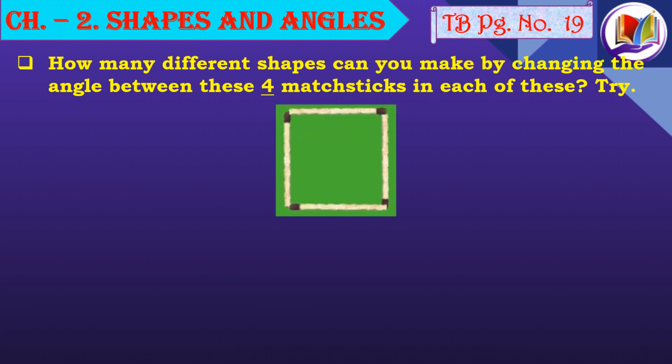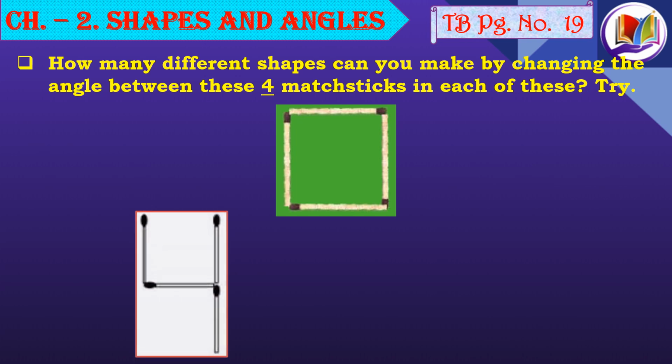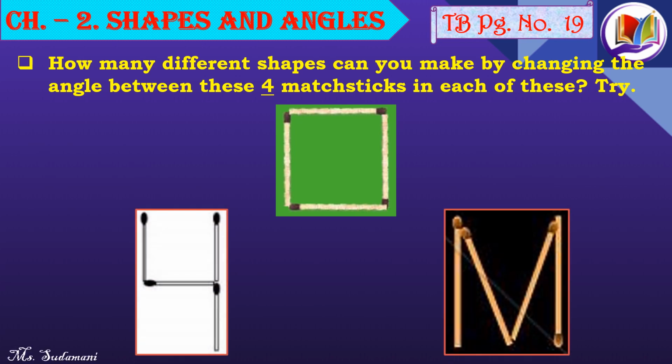So let's go ahead and try. Here we are going to use 4 matchsticks and form different shapes by changing their angles. Let's go ahead and see. Oh, here we are able to see the angles formed by these shapes by using just 4 matchsticks. The first one is 4, where the angle formed by all the matchsticks are right angles. Whereas in the next figure, all the angles formed are acute angles. So, the angles formed by the matchsticks also change the shape of the figure, isn't it?